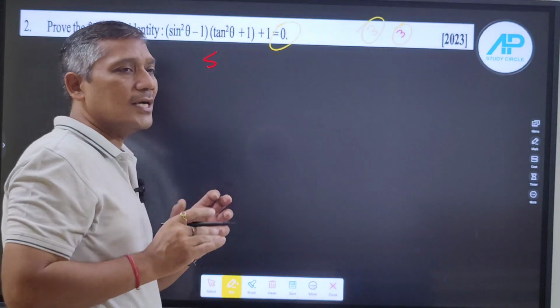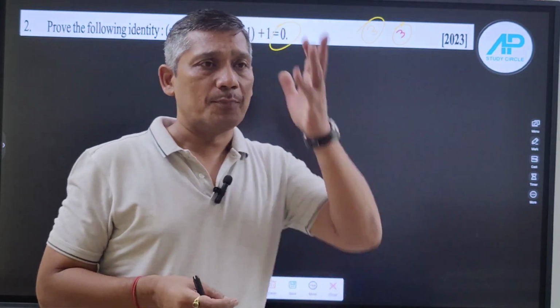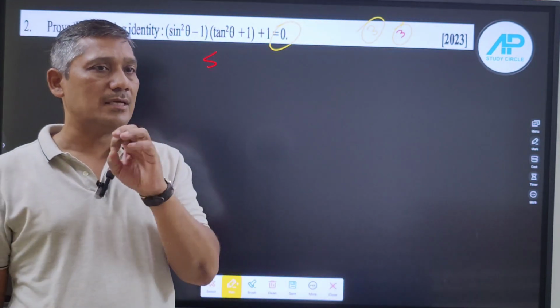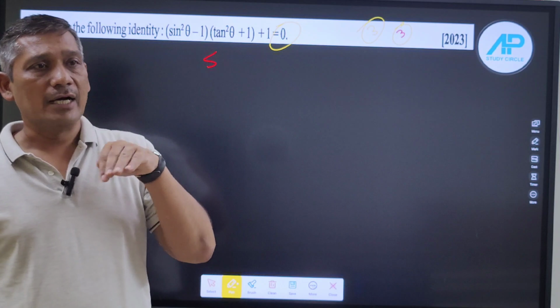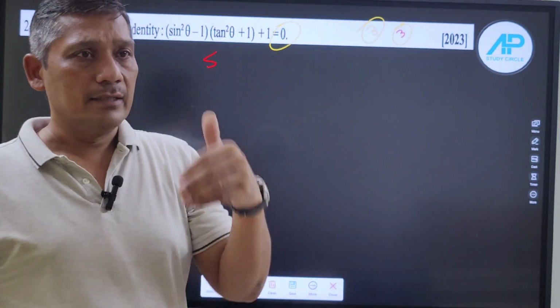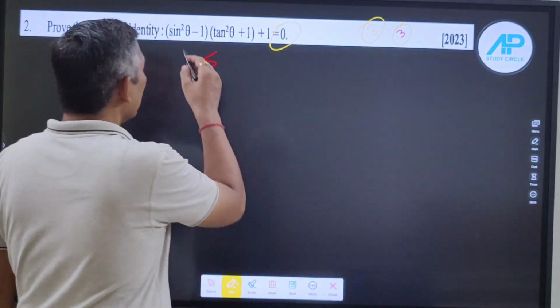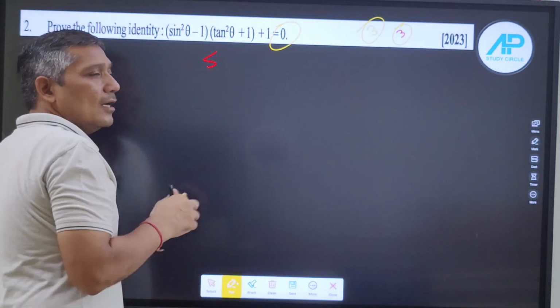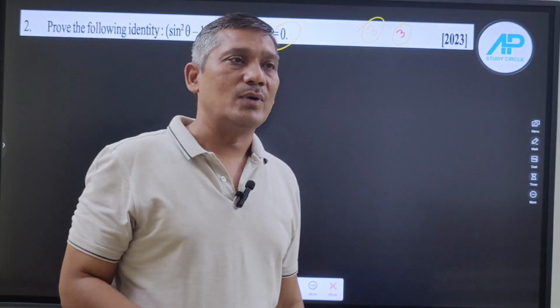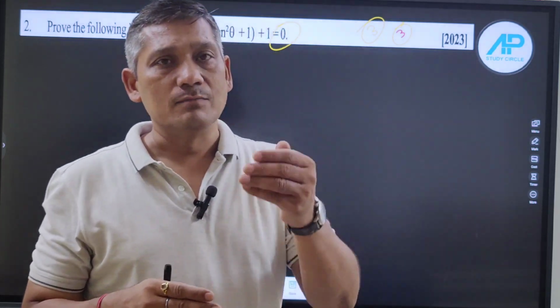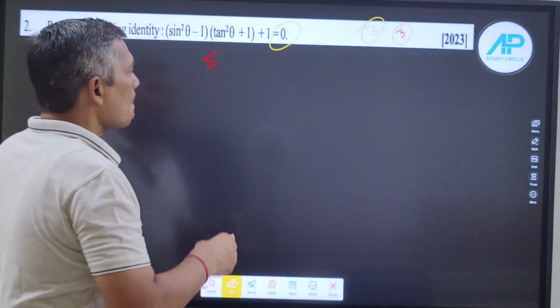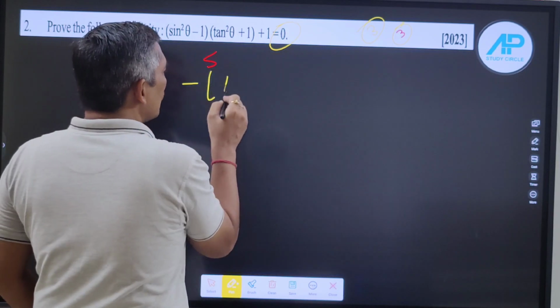So what you should do is fix your approach first of all. You should first make your approach clear. You should see which identities I can apply here, or where I am getting a link to some identity and how I can apply it here. I can see sin square minus 1, but the identity is 1 minus sin square theta. Always feel free to take out the minus sign common from there. So I take out the minus sign common,